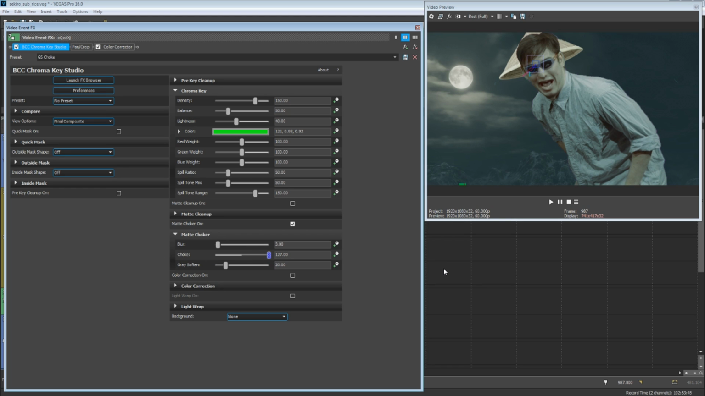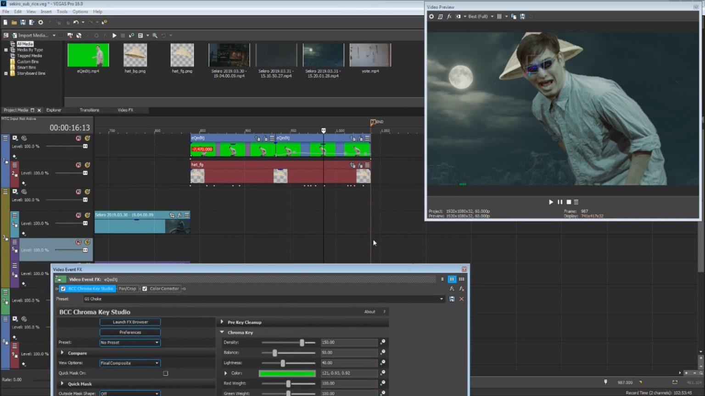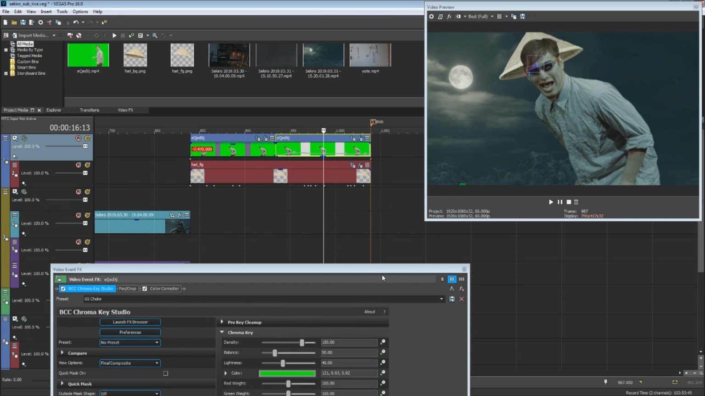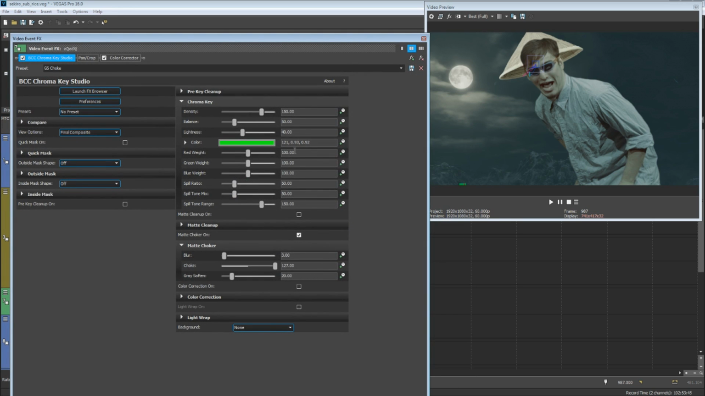Okay, yeah, it is this one. It's just not working because there's multiple layers to this now. But essentially, choking the matte like this allows me to clean up some of the really shitty